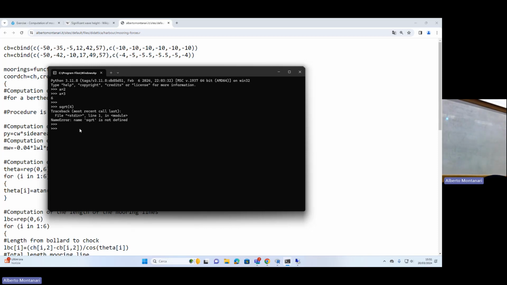So, for instance, if I want to compute the square root, I have to upload a module that is called, just a second, okay, it's called math. So first of all, the instruction that I have to give is import math, the math module, the mathematical module that allows you to make the square root, gives a lot of functions, logarithm, etc. And I have to give also the name that I want to use in my